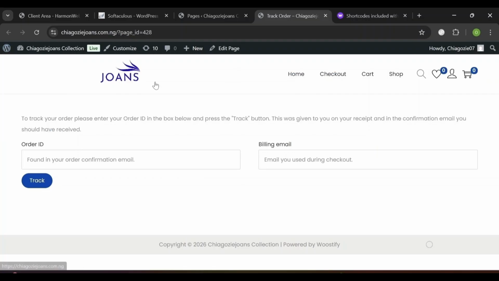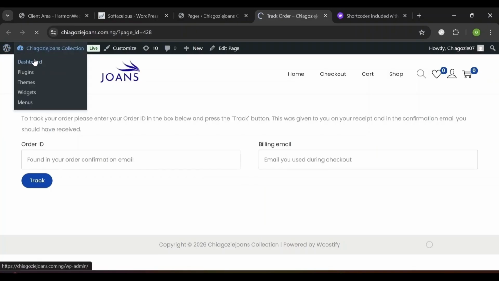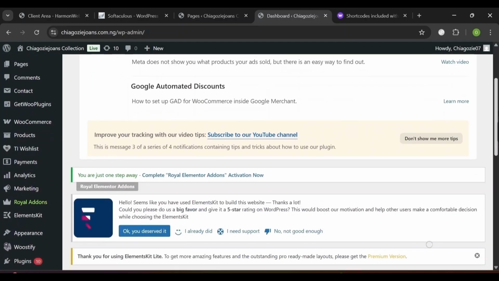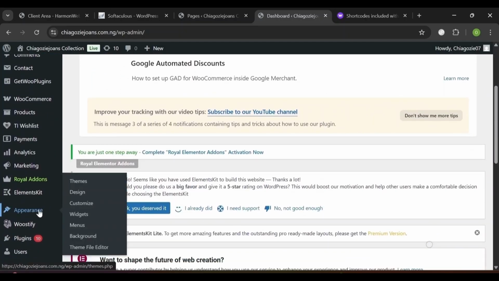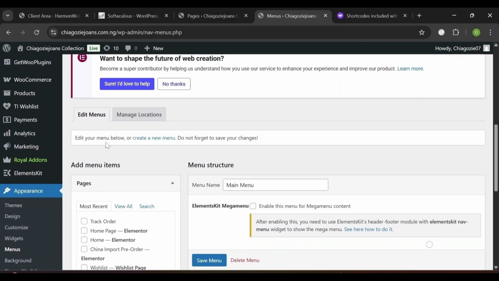Let me show you how to edit your header and footer. To edit your header and footer, first you want to create a menu. So you go to your WordPress dashboard, then you scroll to appearance. Once you hover on this appearance, you will see menus here. Click on menus. Then you scroll. You will see edit your menu below, or create a new menu. So if you click on this create a new menu here,